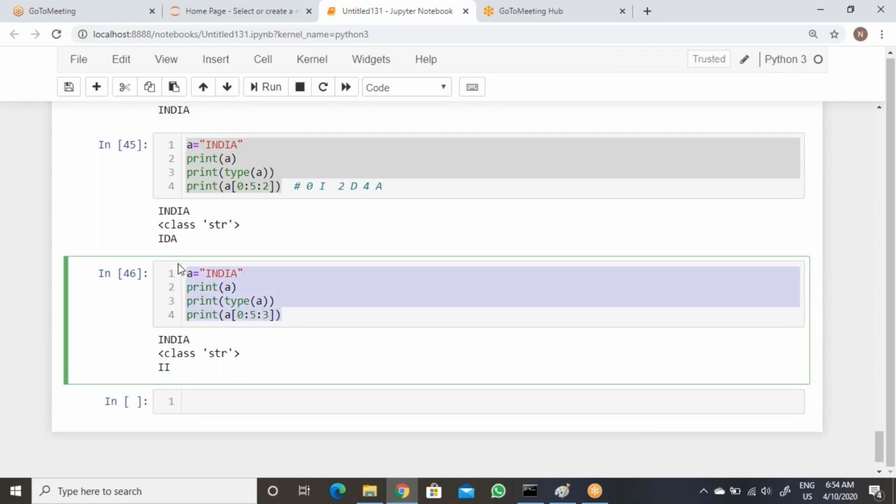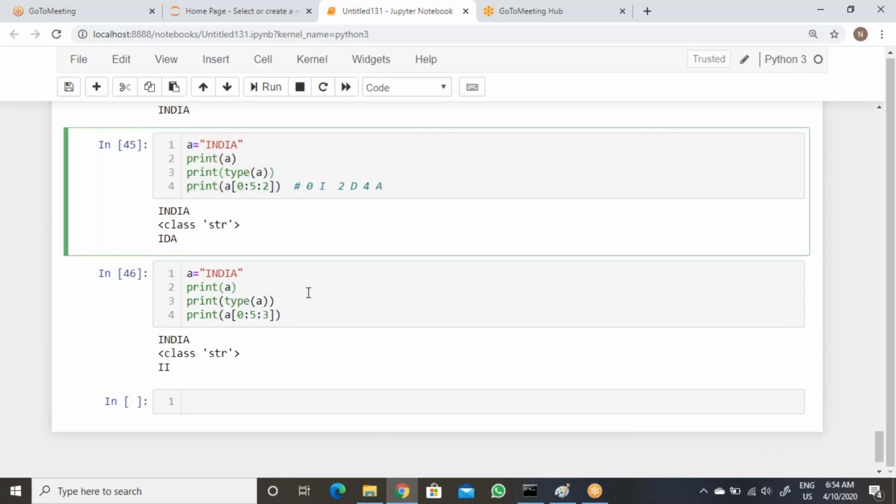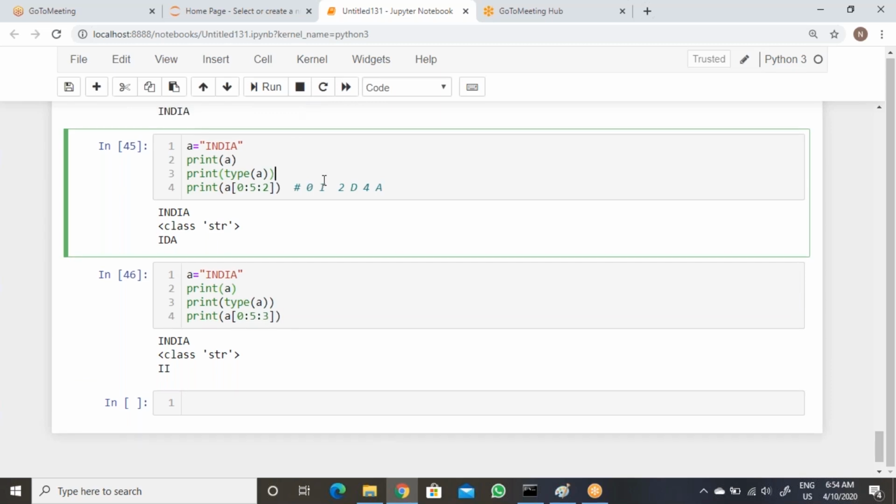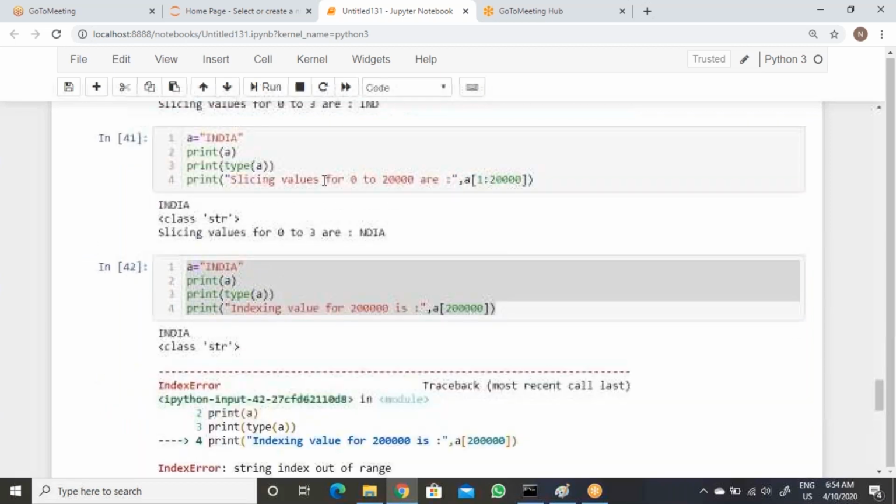So this is how we can work on the slicing operator. Slicing, if we want to pick a piece of a string from an existing string, then we can use the slicing operator. So indexing and slicing. Indexing is very important. We are going to discuss data structures also, and the same concept is applicable for data structures.